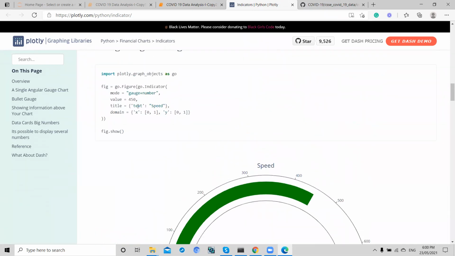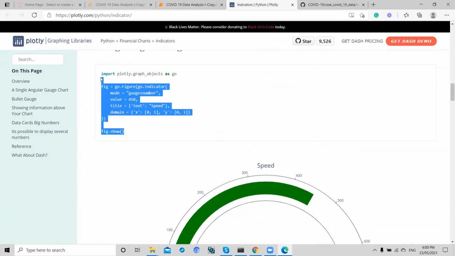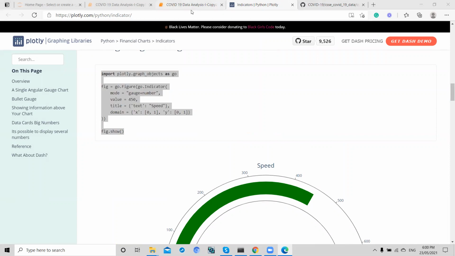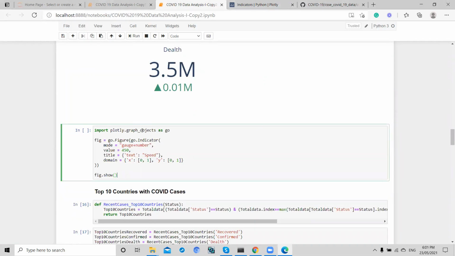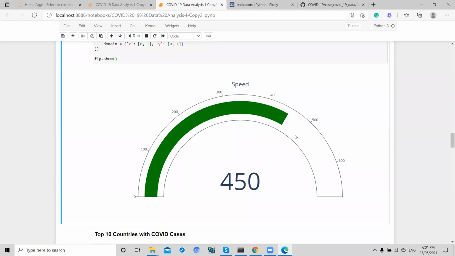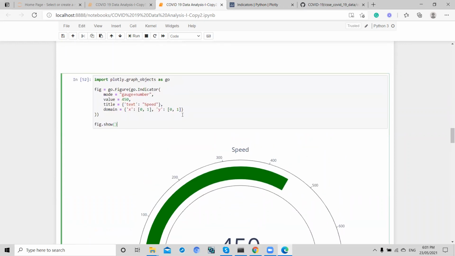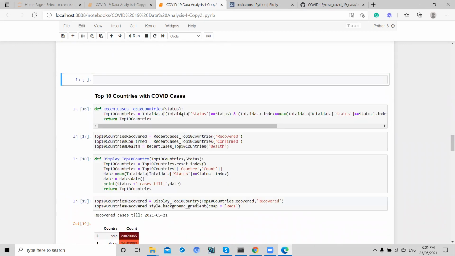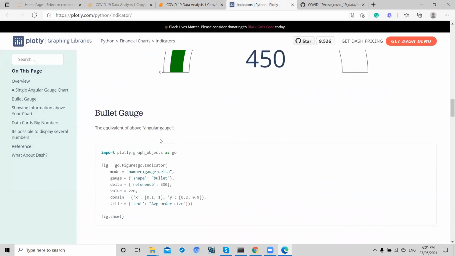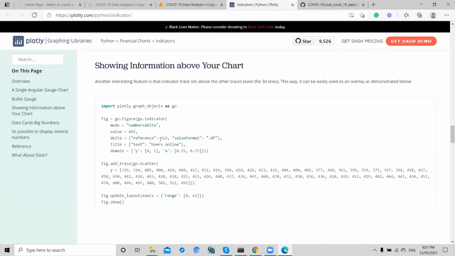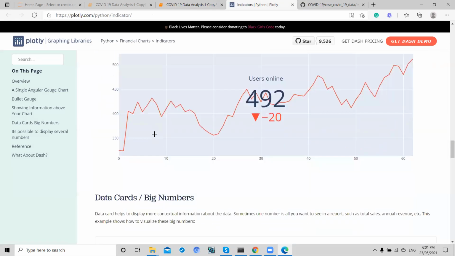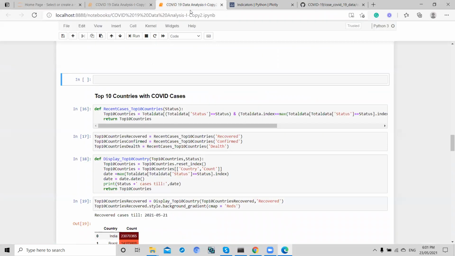If you want to play with this one, simply you can copy this and paste in Jupyter Notebook, and simply try to run and check how this is looking. So if this display looks good to you, you can use this, or you can simply play with these indicators, and you can choose your favorite indicator, and you can add that to Jupyter Notebook. Okay,